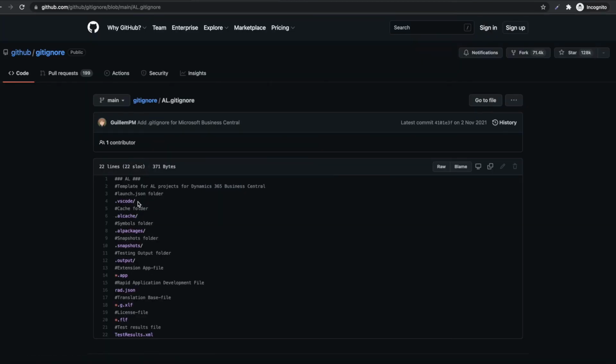Like here, this project is ignoring a VS Code folder and an AL cache folder. For example, here it is ignoring all the files with the .app extension. I will paste this URL in the description. You can check it out.